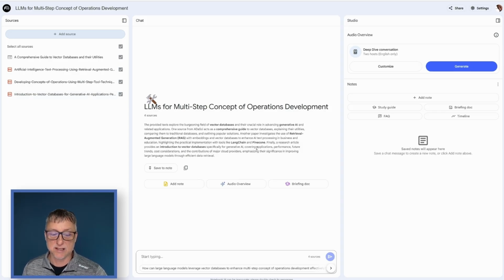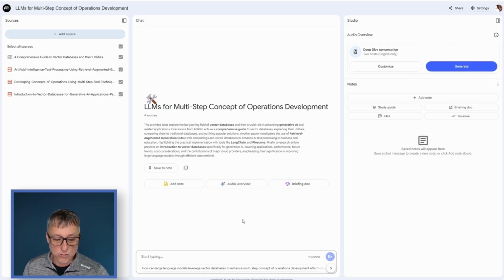In the middle, you can kind of see its overview of what's been provided. There's 4 sources, that makes sense. Here's the content, that makes sense. Now, if I just wanted a podcast, over here on the right in the studio section, I could press generate, and it will go ahead and create a podcast based off of this information.